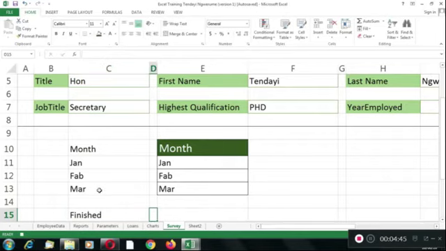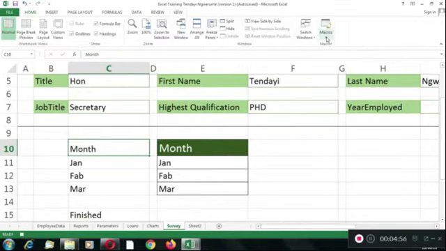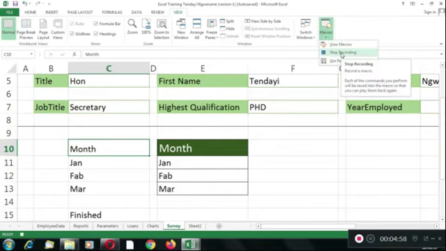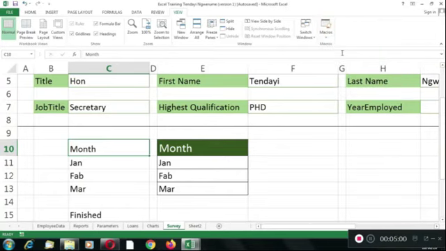So that is the end of my macro, and then I want to end by putting my cursor back there. So now I'm done. I can go back to view and go to macro and say stop recording. So I click on stop recording. So now that macro is now part of my